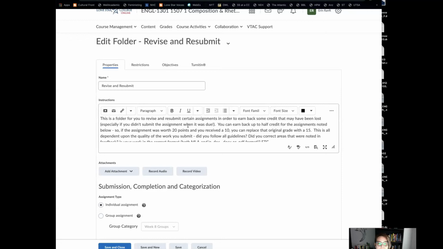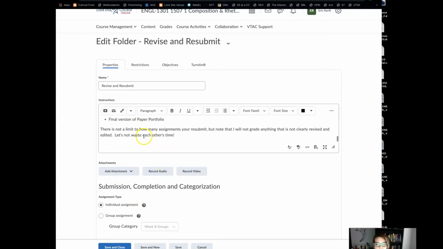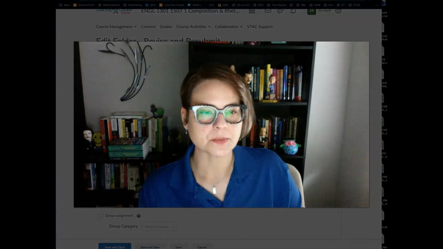And it's just an opportunity to revise and resubmit some assignments, and I've listed the assignments here. So the annotation 1 or 2, the reading journal 1 or 2, the annotated bibliography once that is due and returned to you, and then the final version of the paper portfolio. So this is just an opportunity because